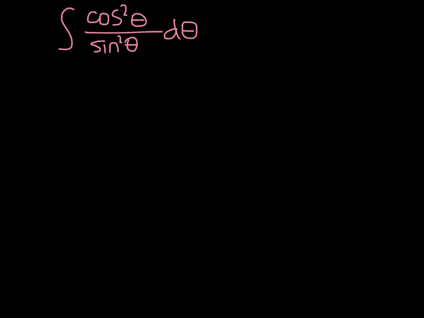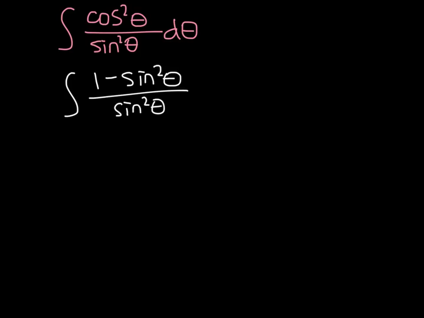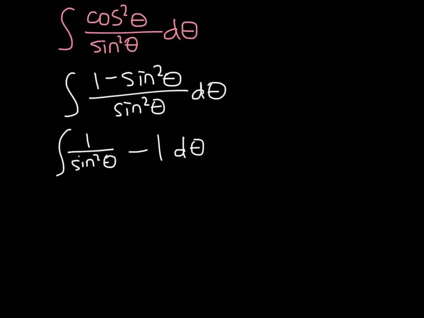Now recall from the last lesson that if both of the powers of the sine and cosine are even, then you'll have to think of a special method to solve the integral. In this case, we notice that we can change cosine squared theta into 1 minus sine squared theta. Now we can split this up into two integrals. So we'll have 1 over sine squared theta minus 1 d theta. Now we should have memorized that the integral of cosecant squared is just negative cotangent. So our answer ends up being